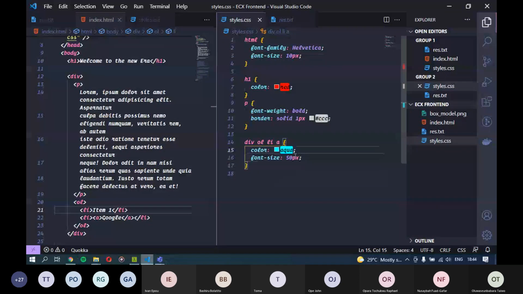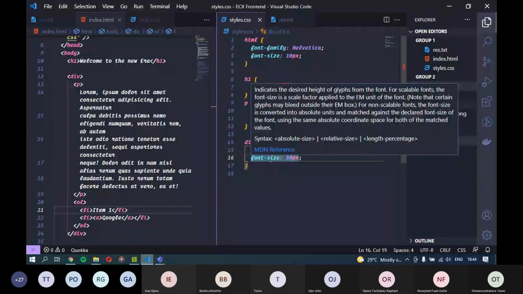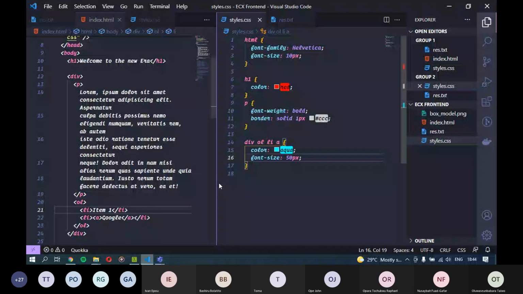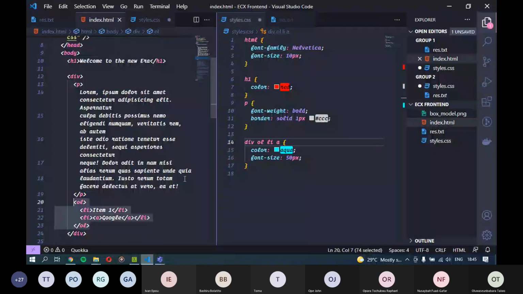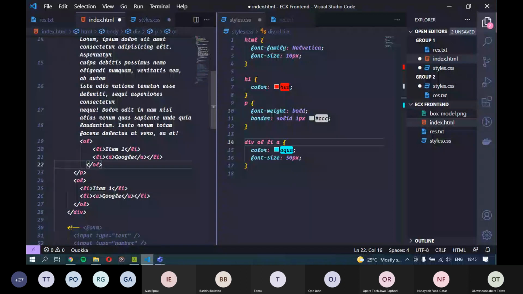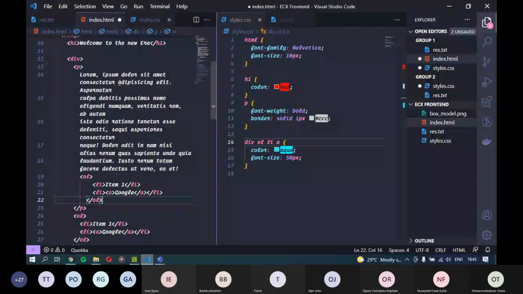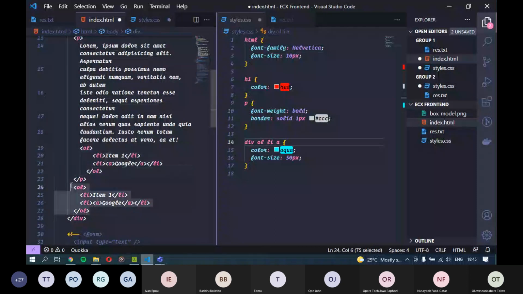Yeah. So this is kind of frowned upon in some way, not necessarily frowned upon, but it can lead to issues down the line if you have multiple OL tags. How do I do this now? Okay, so let's say we had another clone of this OL inside of this P. Let's say we had this structure of our HTML, but we don't want to style this A tag that's inside of here. We want to style the A tag that's inside of here.